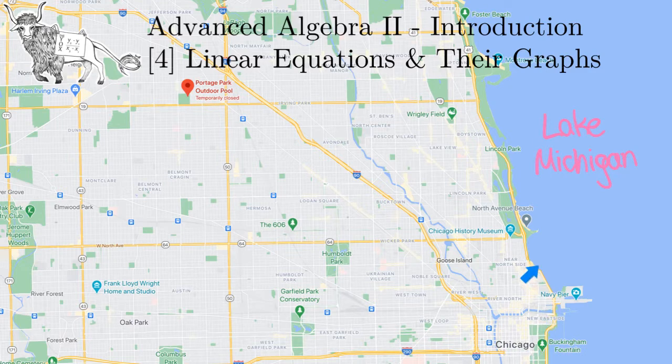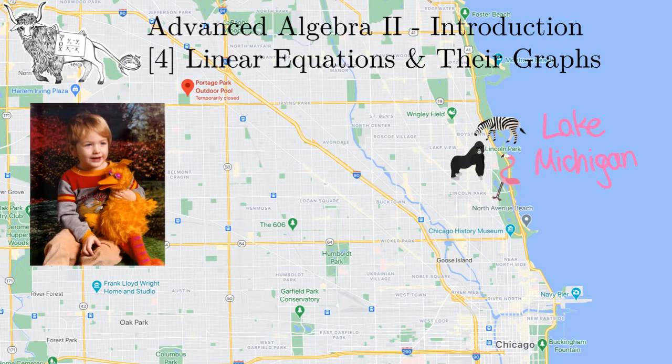Further up the coast of Lake Michigan, you could see Lincoln Park, where there's a Lincoln Park Zoo. So great, so unique. It's like right inside the city. And there's historic Wrigley Field, home of the Chicago Cubs. If we travel west on Irving Park Road, we'll end up in Portage Park, which is the neighborhood where I